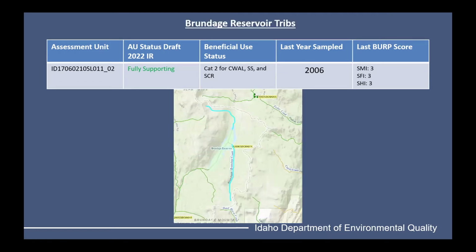All right, so we'd also like to visit the Brundage Reservoir tributary. This was last sampled in 2006, so another kind of past due site. Its last BURP scores for all indexes were as high as you can really get, so a 3 in every category. So that means that we had cold water fish, probably little to no invasive fish species,